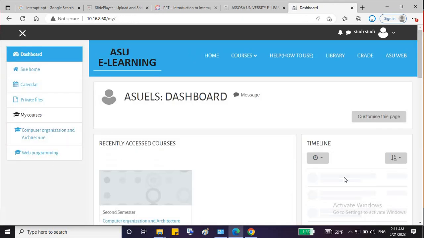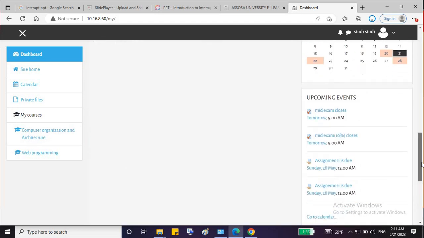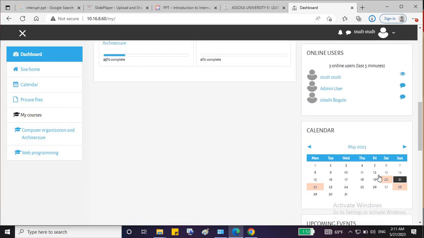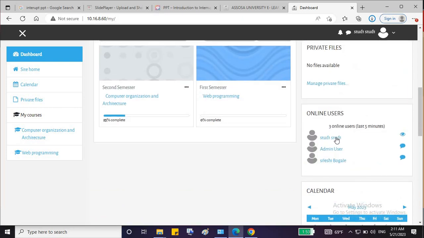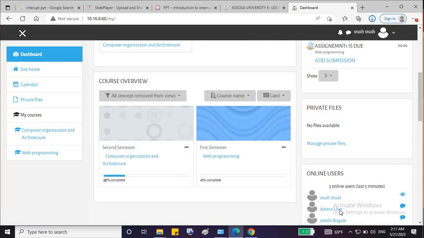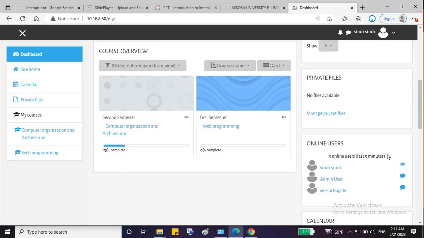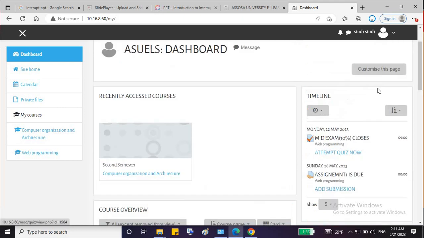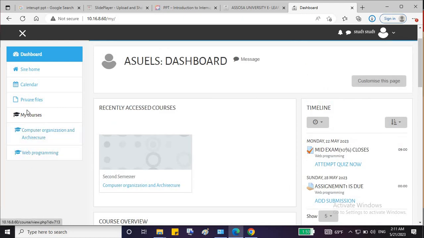So when students log in the first time, this is the student's page. Generally, the upcoming activity will appear here. There will be a calendar, and online users will be on, and they can even send messages to students and teachers. And when the department sends enrolled courses, the student